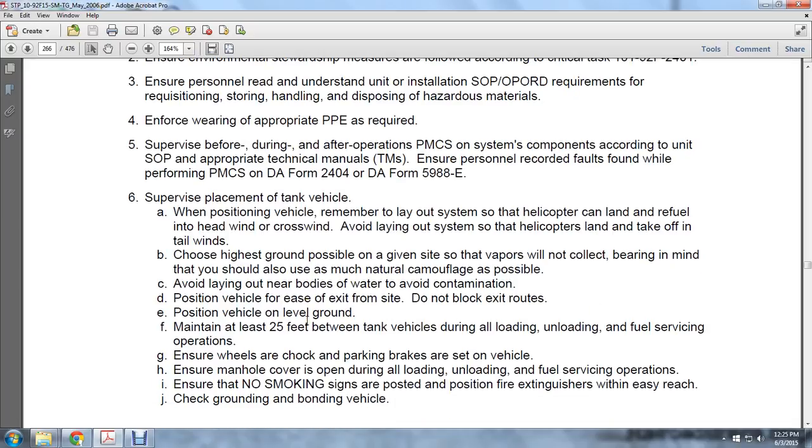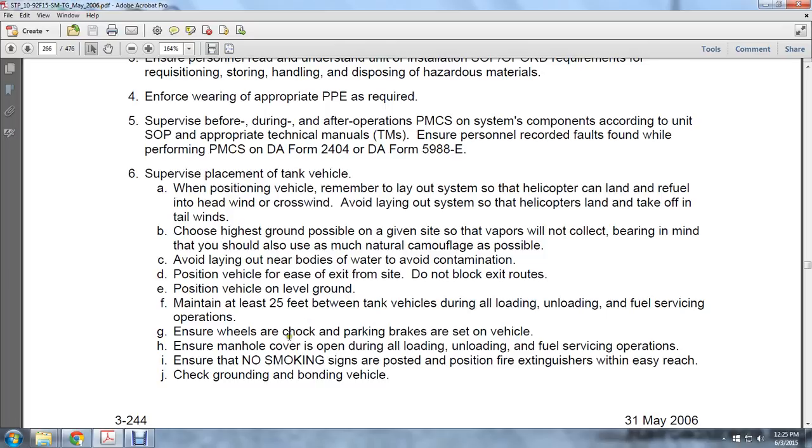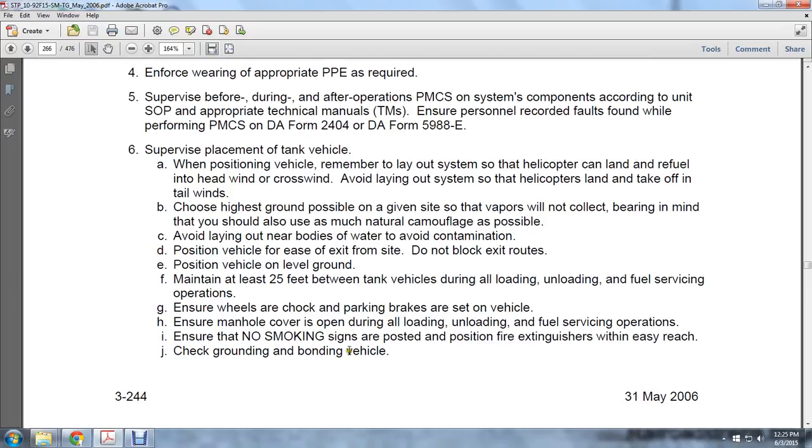Ensure wheel chock and parking brakes are set on the vehicle. Ensure the manhole cover is open during the loading and unloading fuel service operations. Ensure no smoking signs are posted and position fire extinguishers within easy reach. Check the ground